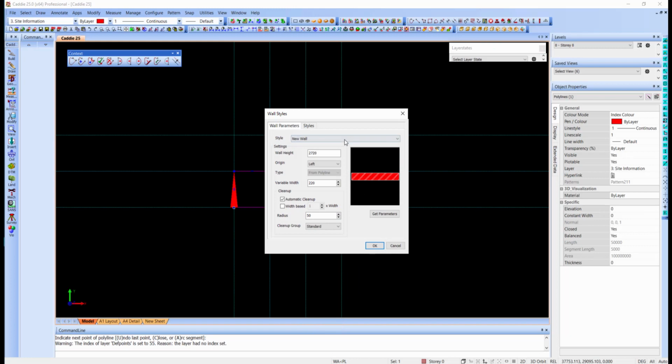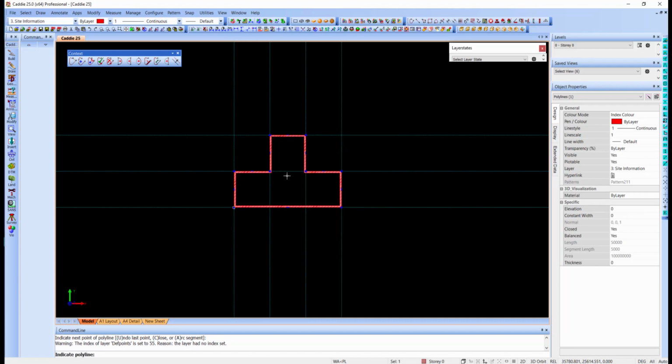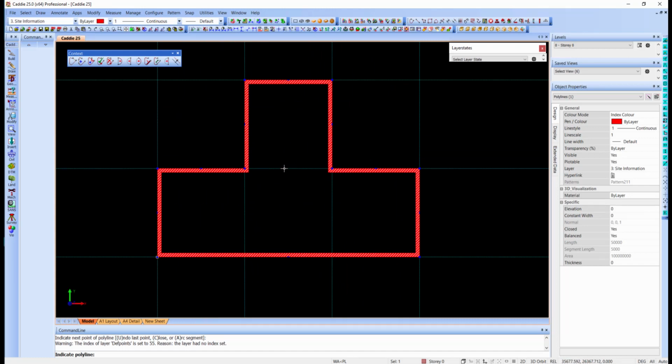Caddy brings up the wall style parameter dialog box. From here I will select the wall style, which is new wall. The wall height I want is 2720 and the width I want is 220. I will select OK, and you'll notice if I zoom in a bit closer, there I've got my walls drawn